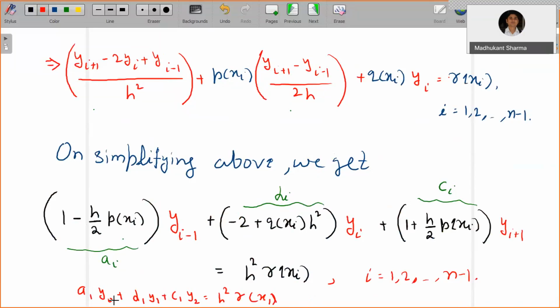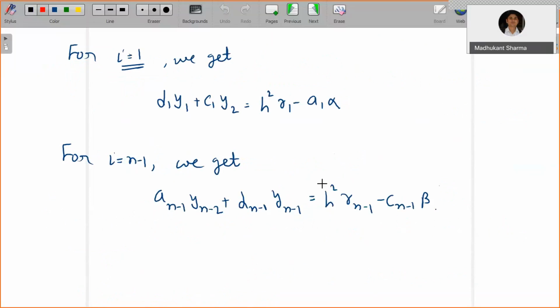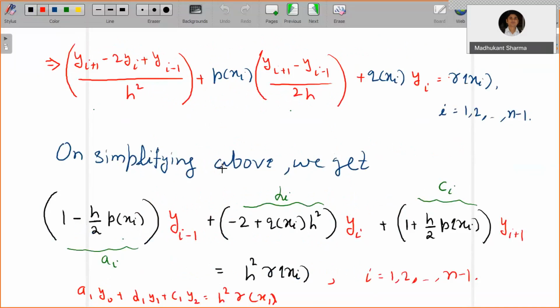Now, since the y naught value is known to you, that is equal to a, right? So that is equal to alpha. So that can be sent to the right side. So it simplifies to d1 y1 plus c1 y2 is equals to h square times r at x1 minus a1 alpha. So this is what you have got for the condition i equals 1. Similarly, for the condition i equals n minus 1, what you will get is